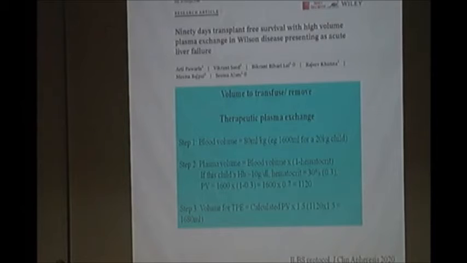The ILBS protocol that we follow here for pediatric plasma exchange is that we calculate the volume using a formula. We calculate the blood volume first by the formula of 80 ml per kg. Then we calculate plasma volume as blood volume times (1 minus hematocrit), and based on the plasma volume we decide whether to do 1.5 or 2 times the plasma volume. So for a child with 20 kg weight, it may come out to be something like 1700 or 1900 ml, that is around 9 to 10 units of plasma required.